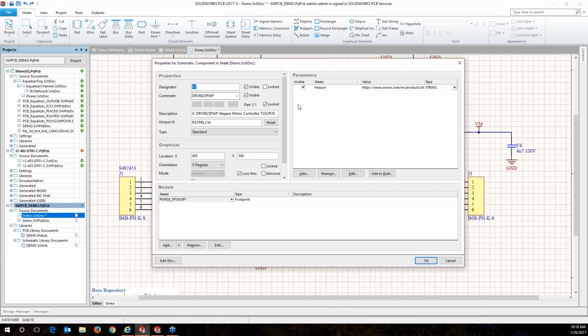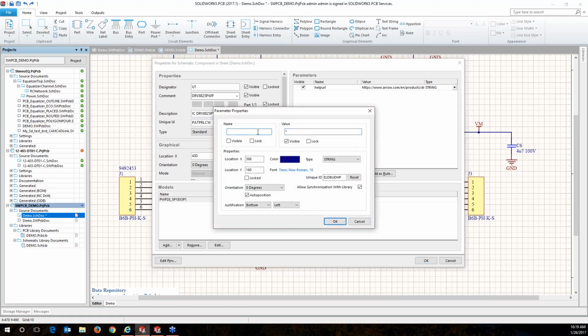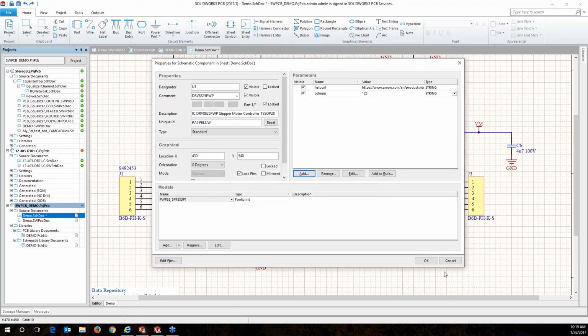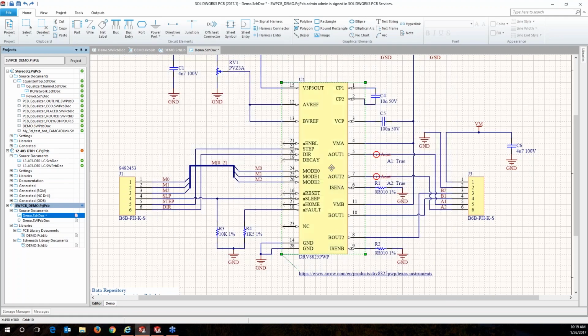What I just did was I clicked on the symbol and it shows me the parameters that are in the symbol. I can add parameters that are internal to my company, an internal part number, an internal spec. And you can see I just added PD num and the value is 123. That's my internal part number. And now what I can do is go ahead and